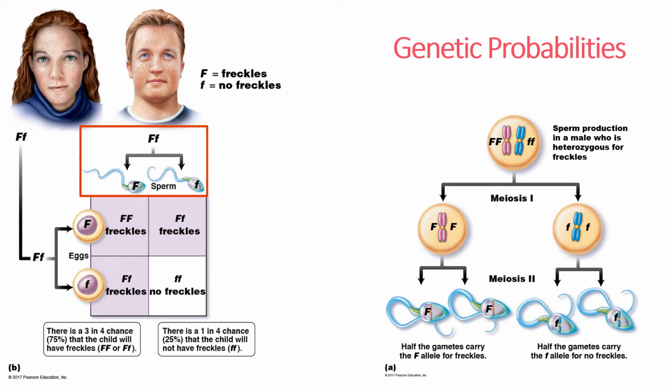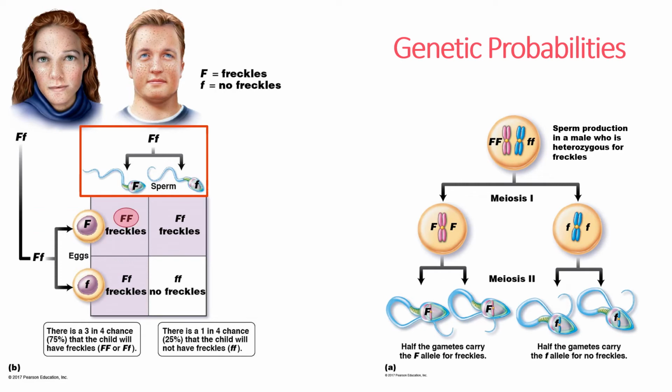If mom is in the same heterozygous genetic state, her eggs will similarly be half carrying the freckle allele and the other half carrying the not freckle allele. If we use a Punnett square to predict what the offspring will be genotypically and phenotypically, we see that